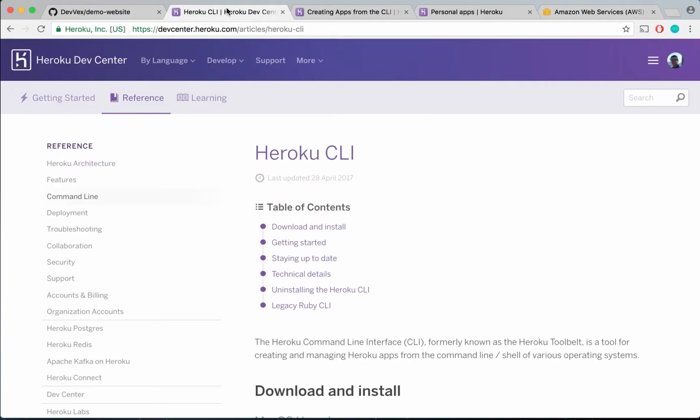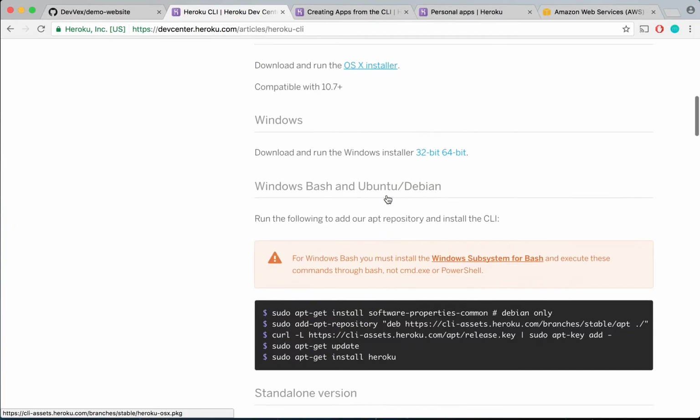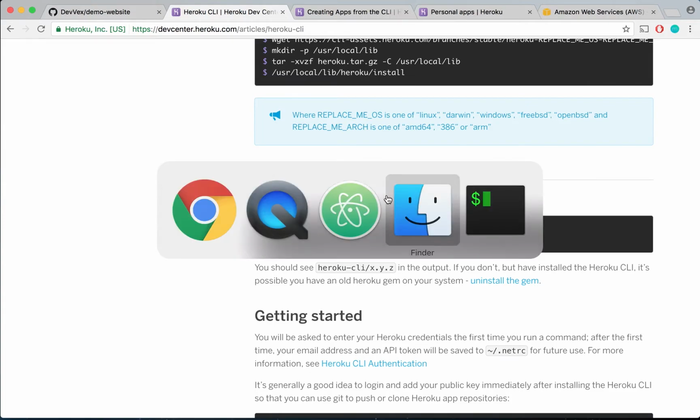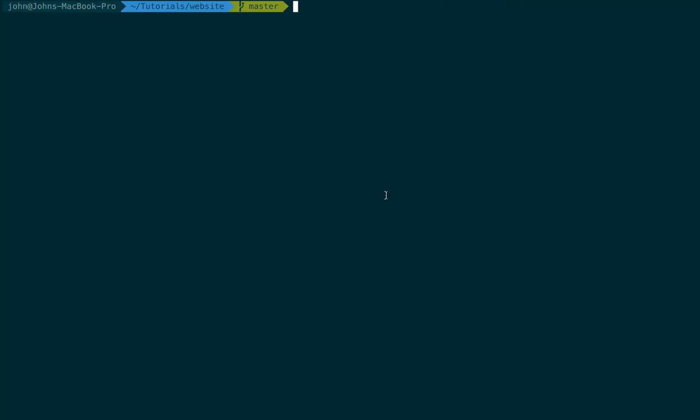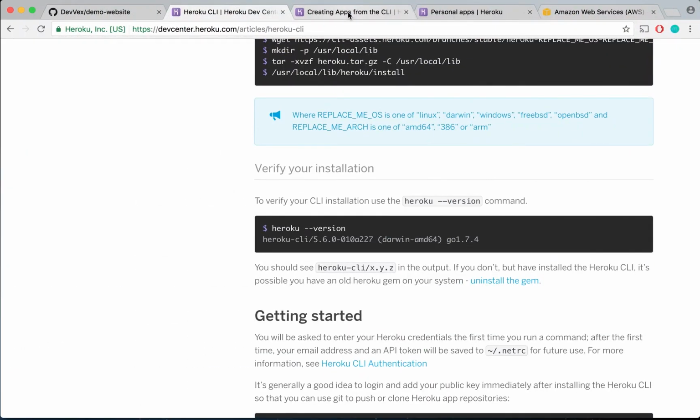So for this demo, I'm going to link this in the details below, but follow how to set up Heroku CLI. And once that is done, you should be good to go. So to get the website hosted on Heroku, after you have the Heroku CLI set up, go to your command line and just type heroku just to verify that everything is working. Okay, so since everything's good,